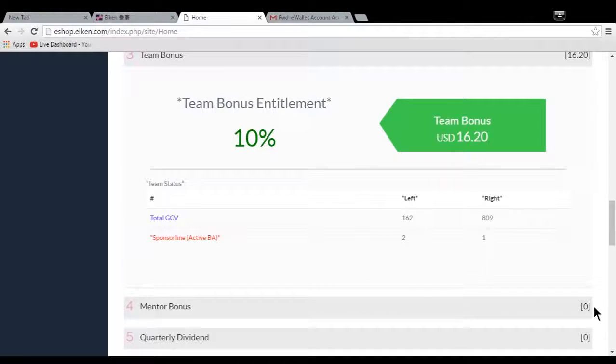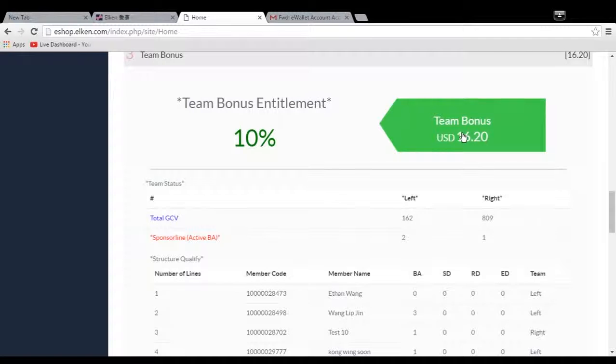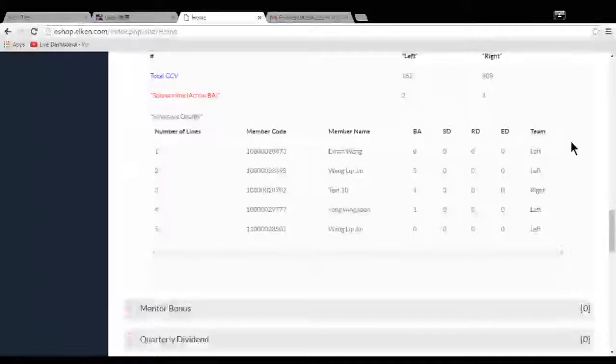If the BA wants to get further information about their network structure, what they can do is go to team bonus. You click the team bonus. When you click the team bonus, you can see this is called their structure,